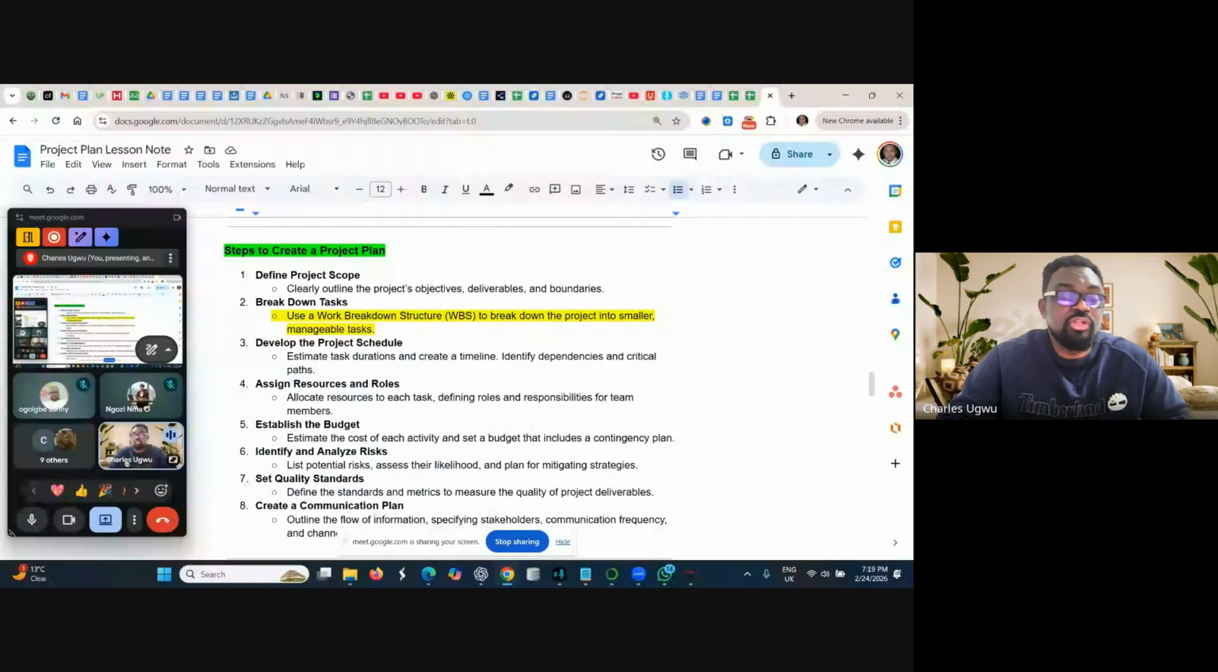And you must have created your work breakdown structure. If you have created a work breakdown structure, everything becomes so easy for you. Your work breakdown structure,